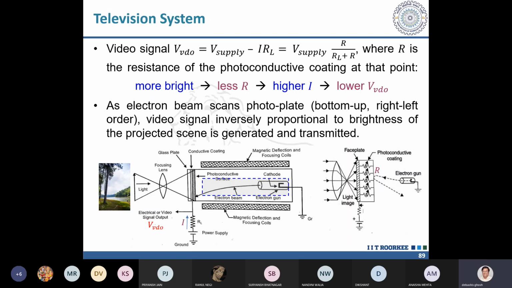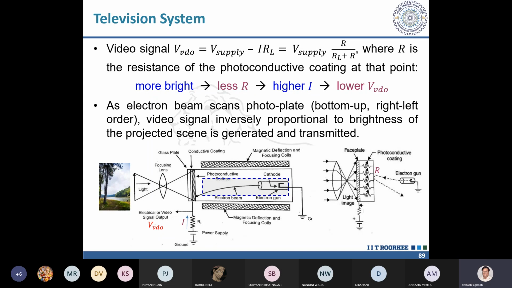Otherwise, the TV broadcasting station would be using some camera with a certain standard, and you have purchased your receiver TV set from some other company which is doing it in the other way. That should not happen. So that has been fixed by people in the whole world. Some standard committee has fixed that in the camera we will go like this, and in the picture tube we will go the other way.